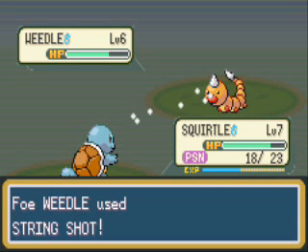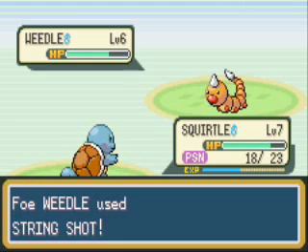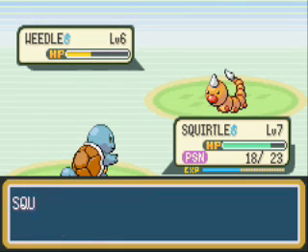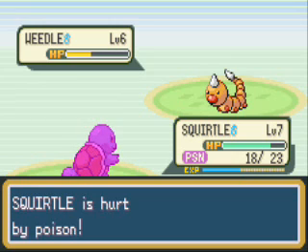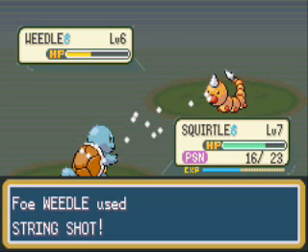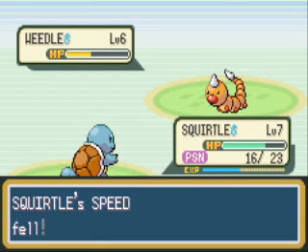I called it. Luckily, we got an antidote from that tree. But yeah. I probably should be using Bubble so I don't get hit by Poison Point, but I don't know. I don't really care. I have healing items backup, and yeah. Actually, we'll see how much it does. Anyways,